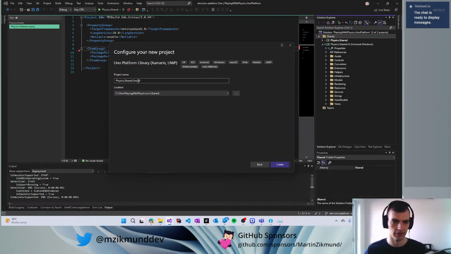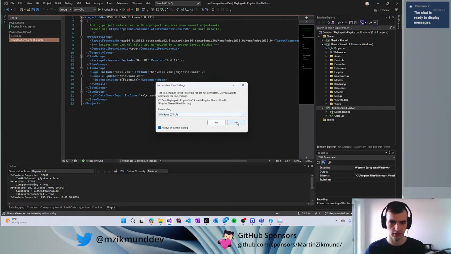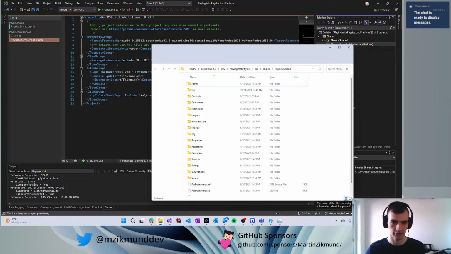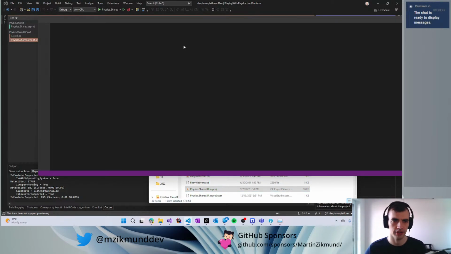Or I guess I'm not sure if I need this. Well, let's see. Let's create this like this, and we will then nudge this library to be a Uno platform library instead. So